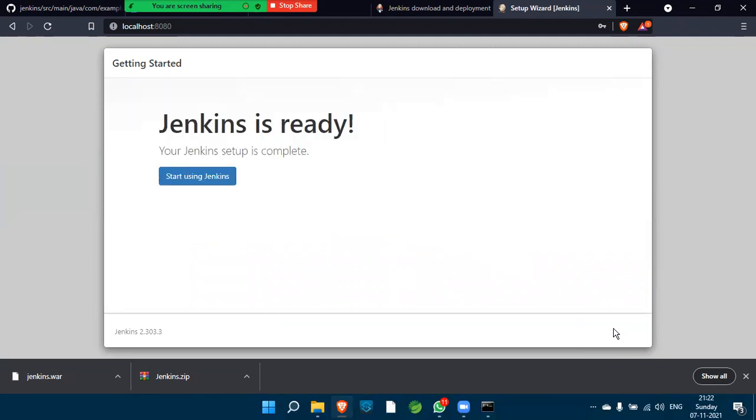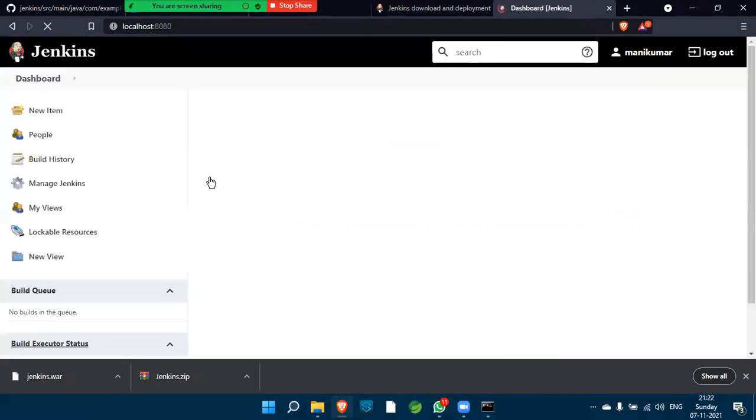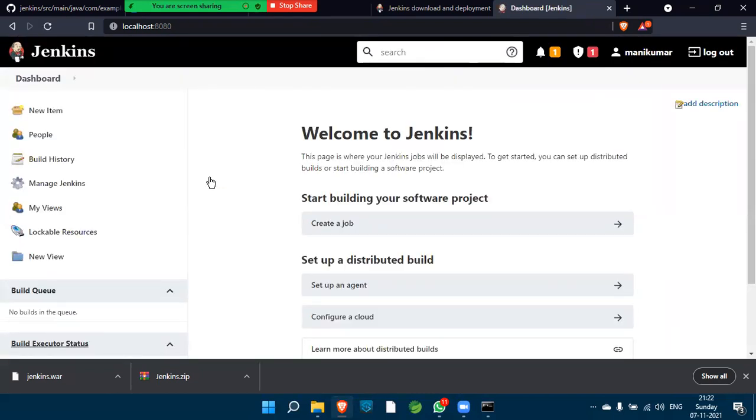After that, start using Jenkins. It will open. It's done. Jenkins downloading and installation is done. If you want, based on the requirement, you can create new jobs here. Go to dashboard on the right side. Click on dashboard, everyone.